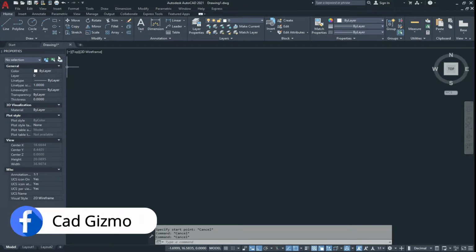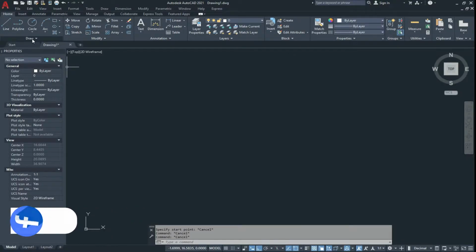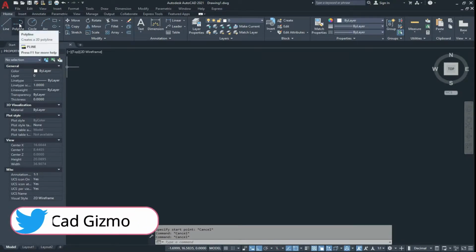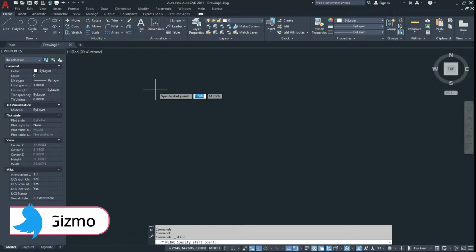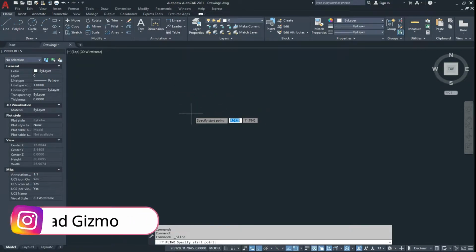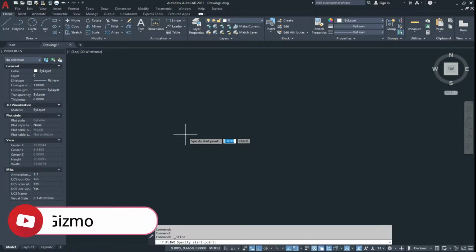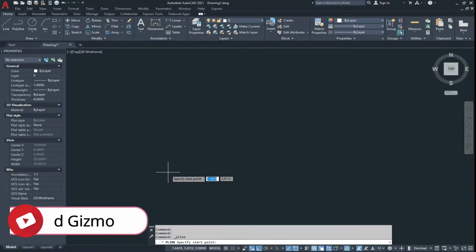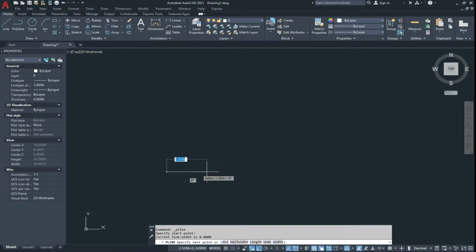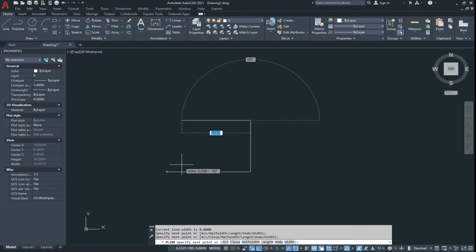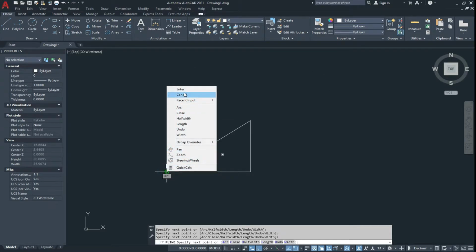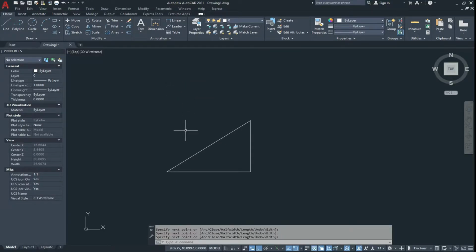To select the polyline, go to the Home tab and in the Draw panel you find your polyline tool. Select the polyline tool. Now here it's showing behavior like the line tool. Now we make a geometry. To start a geometry, give it a start point. Click on the first point. Now give it a second point and the third point. Now we close this geometry and press Enter to escape from the current command.